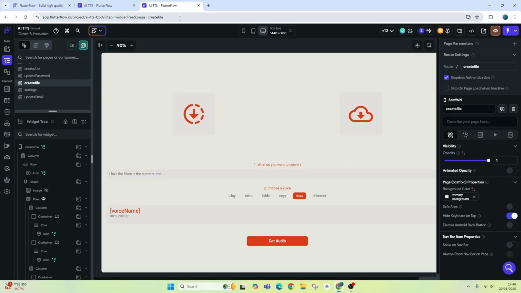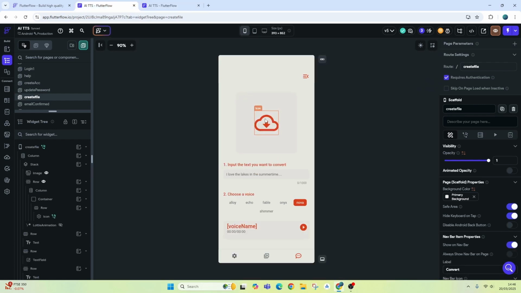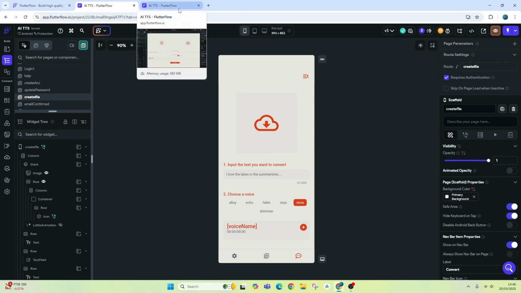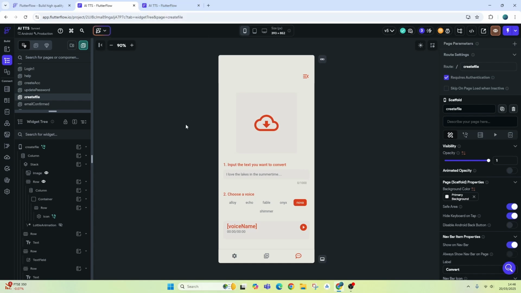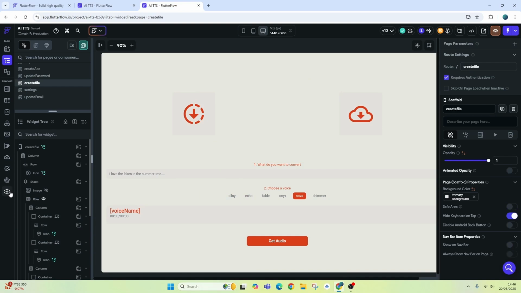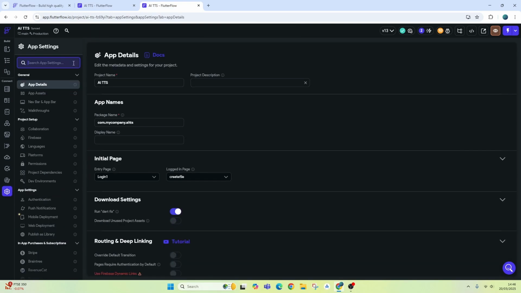So here we are, we're in a desktop web app, and this particular template, this is my AI text to speech template. I've also got a mobile version as well. But the process is the same for both types of apps in this particular type of sharing. So what we're going to do, we are going to be publishing it to web, and what we do, we go into settings and we go web deployment,